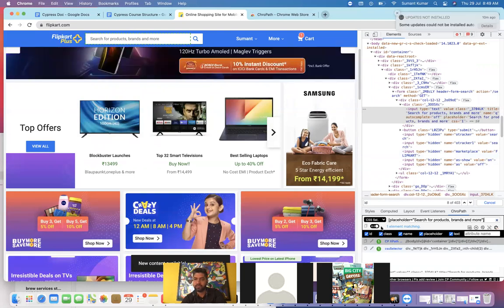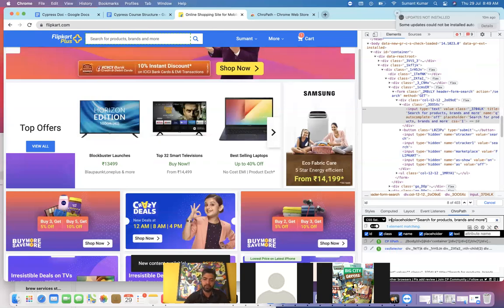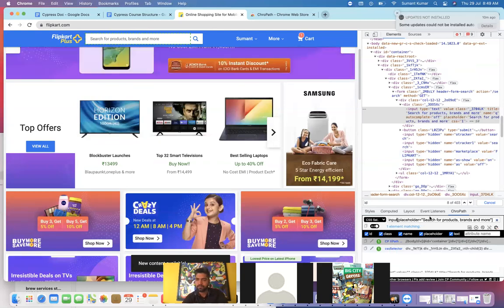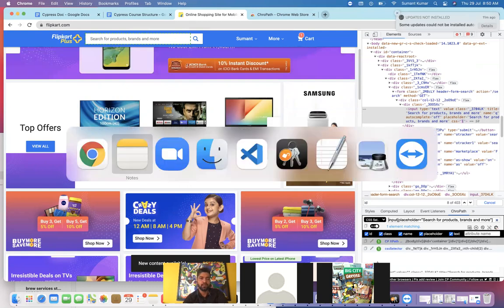And again, we can use the tag name here if required. Let's see, if I want to use input, it is still working, right? So this is the way with the attribute.